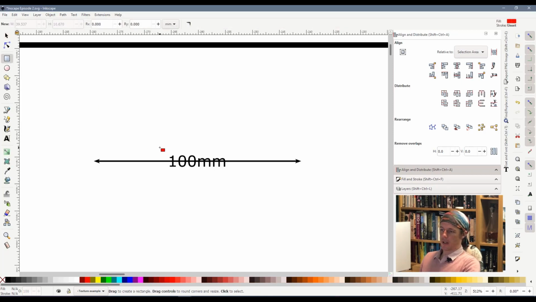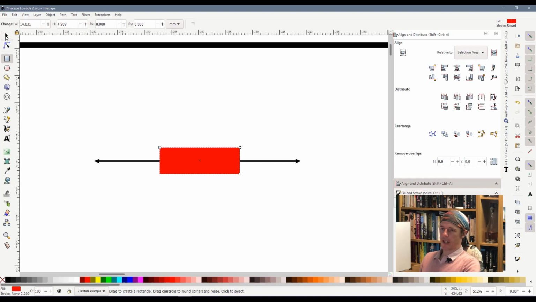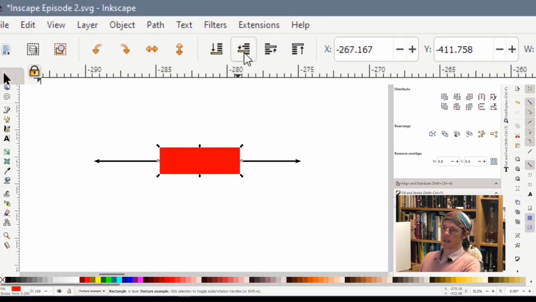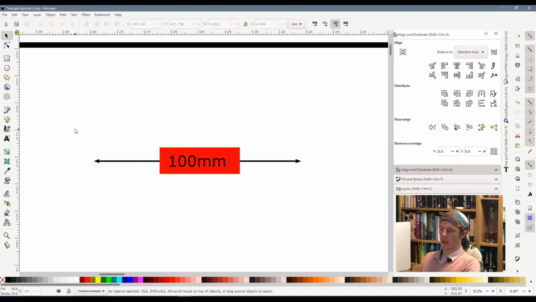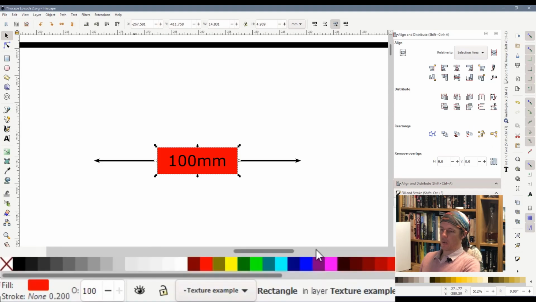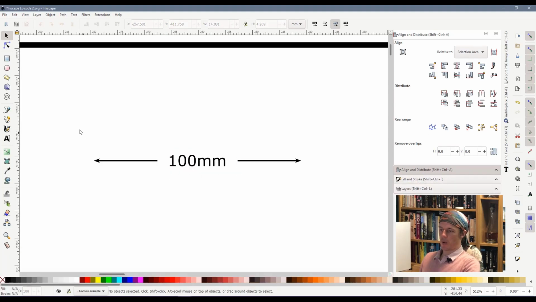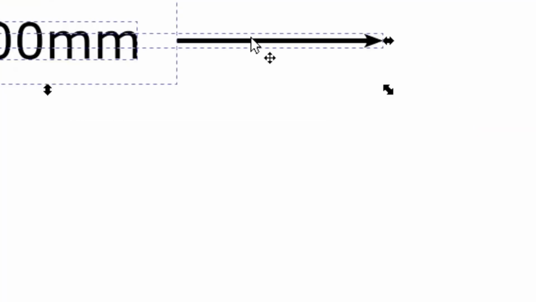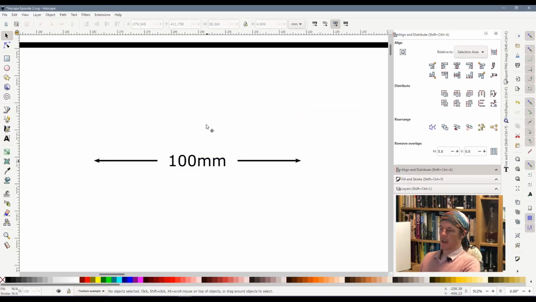We then just need to add a little break. So if we add a white rectangle like that, make sure that it is between the arrow and the text. So we move it back one, select them, put them in the middle, and make the arrow white. There's one example. So then you select all three and you right click and you do group,